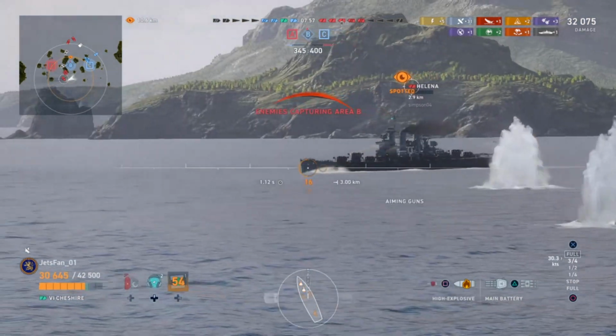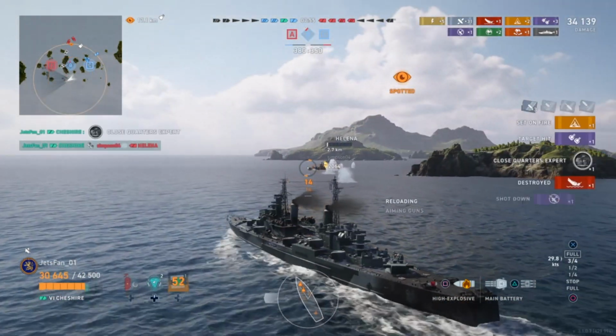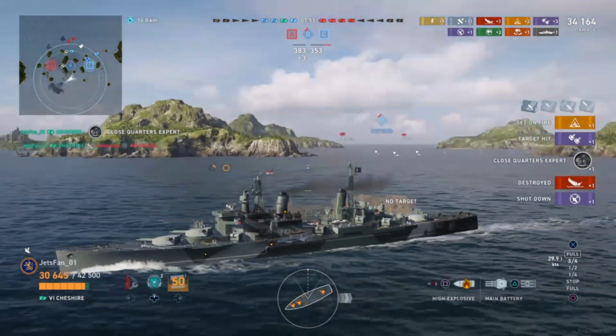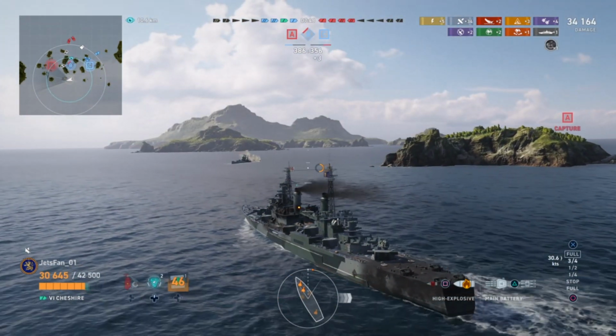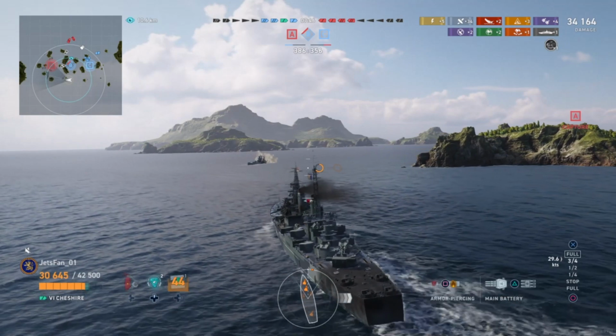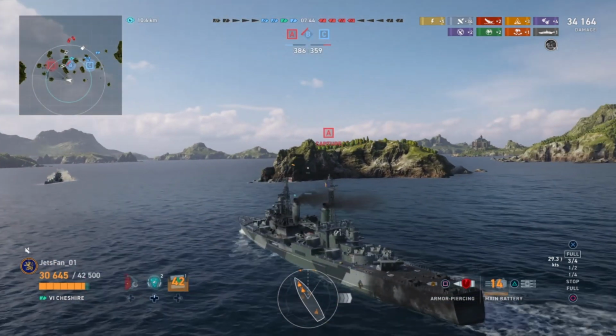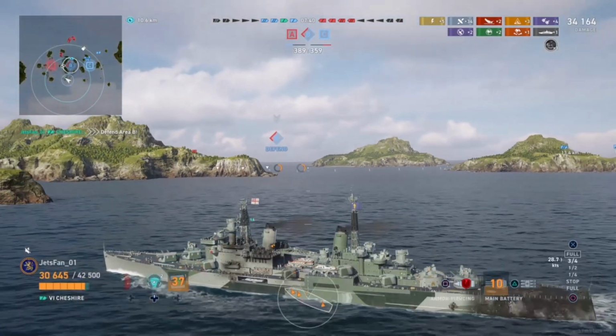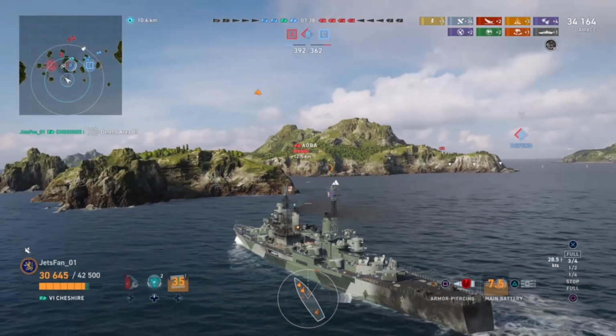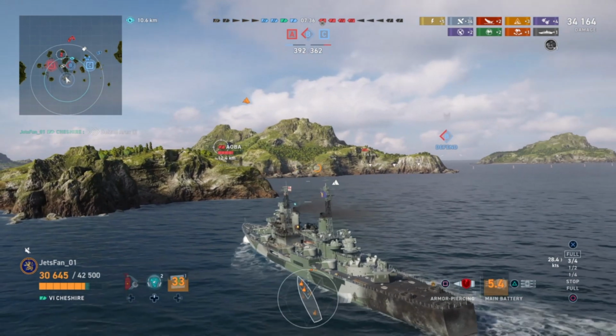Okay? We loaded the HE here because I didn't know if he was going to come around with his bow in, and I didn't want to take the chance of whiffing on that shell and not doing damage. Of course, the secondaries chime in and immediately sink him. So that's a good job there by the secondaries. We get a close quarters for our second kill. 34,000 damage. So now we're going to flip the back end around, go into the B cap, try to protect